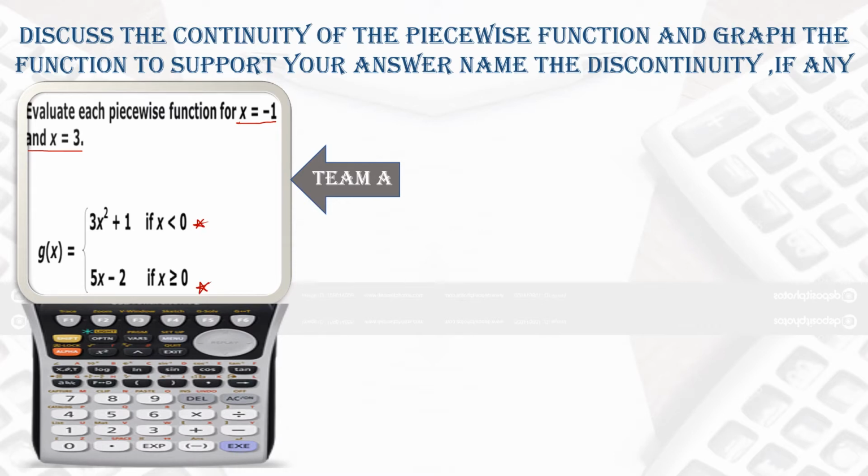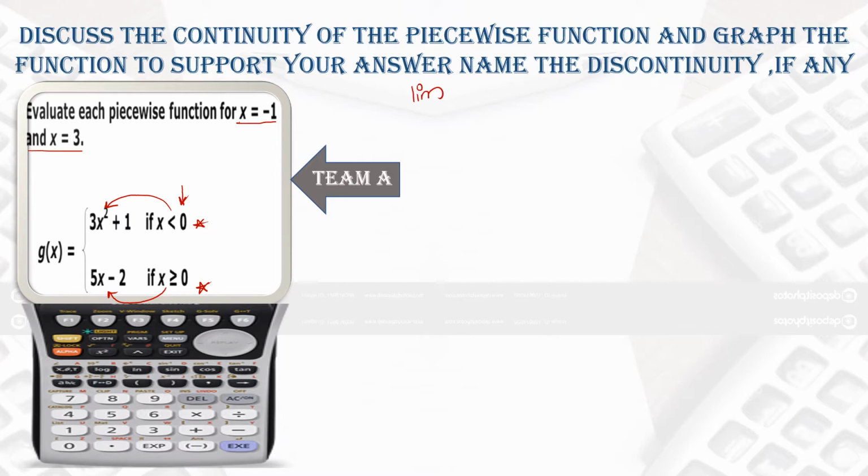according to which you have to see that if x is less than 0, follow the equation 3x squared plus 1, and if x is greater than or equal to 0, you have to follow 5x minus 2. So you have to study the continuity at 0 also. So let's solve how we solve the question. First of all, let's solve the question.